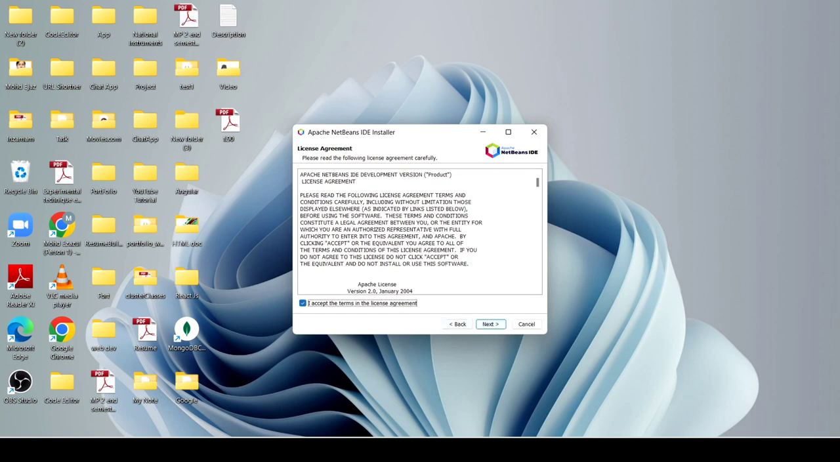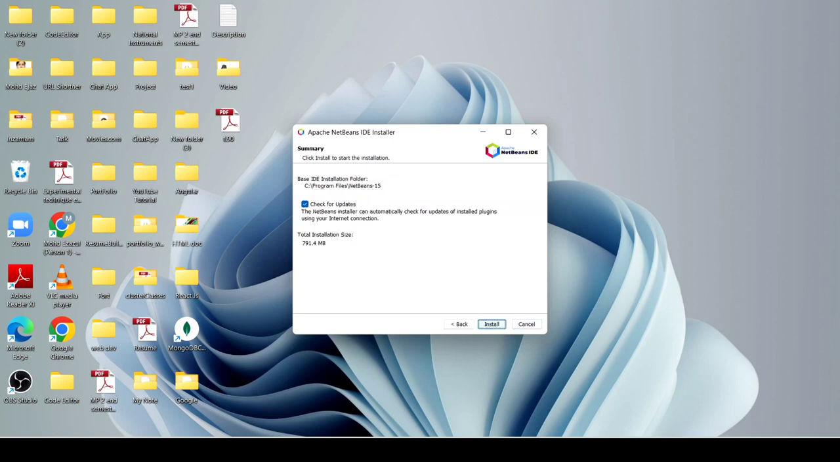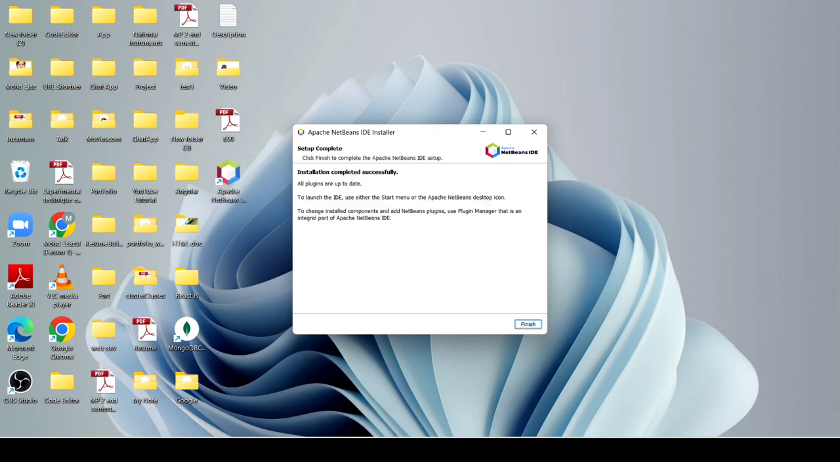Okay, now click on next, just accept and click on next, and after that it will detect our JDK which I already downloaded. If you have not downloaded JDK, then first download the JDK and after that install Apache NetBeans. I just click on next, and after that just click on install. It will take some time and it will install on our machine. Okay, now after that click on finish,